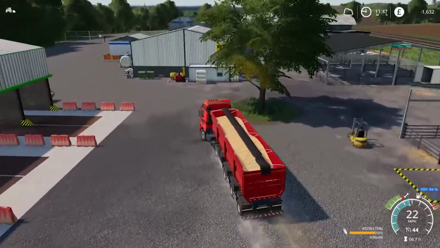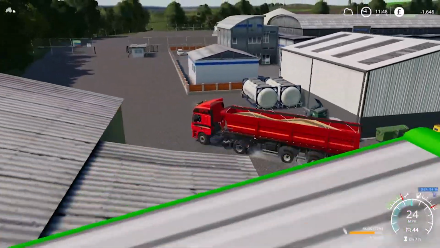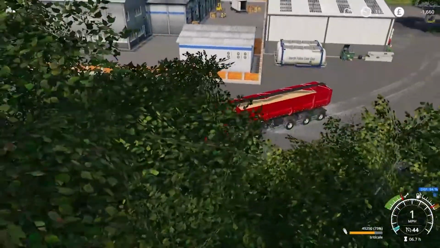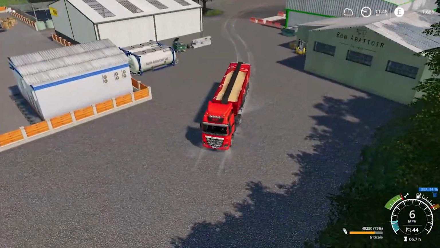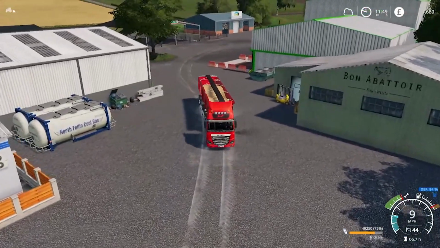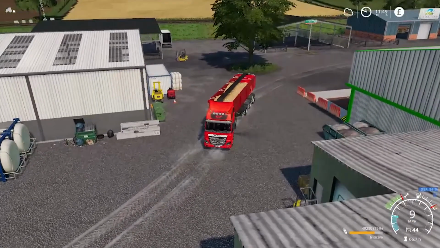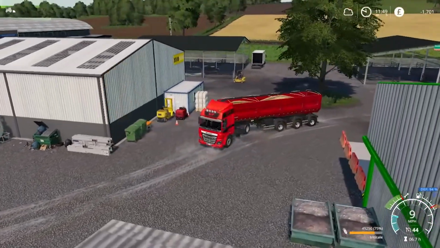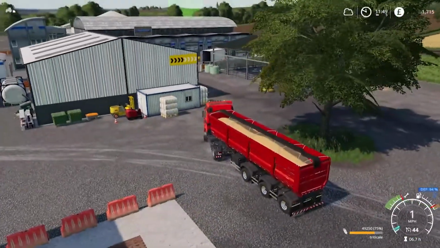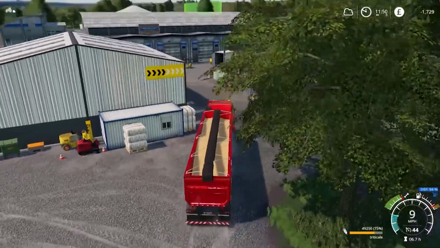for spreading. Now hopefully I can find my way around to this sell point. I'm going the wrong way. I am, because it's in that shed over there. But at least selling in the BGA leaves us the digestate, so we'll just need to buy a slurry tanker then to use it. That would be a good opportunity now to maybe get a slurry tanker, but we need to get some stuff sold in the BGA first. We'll actually have,